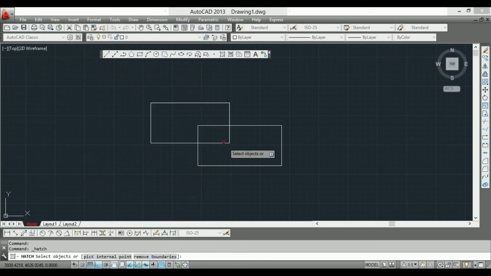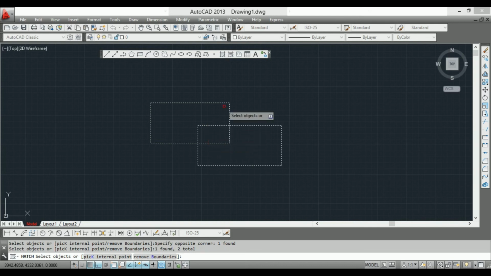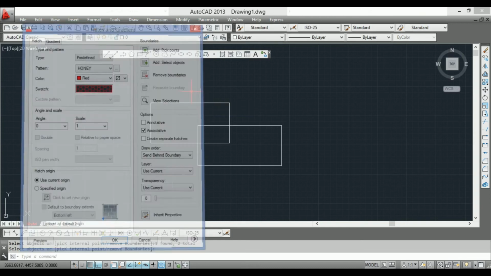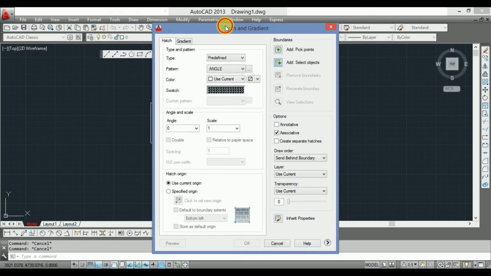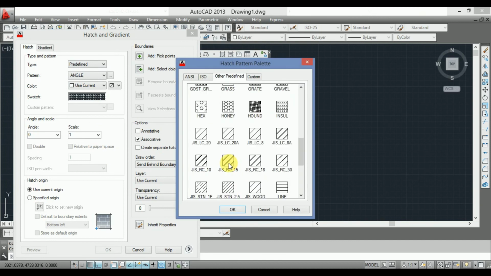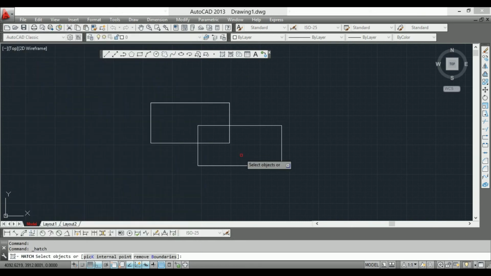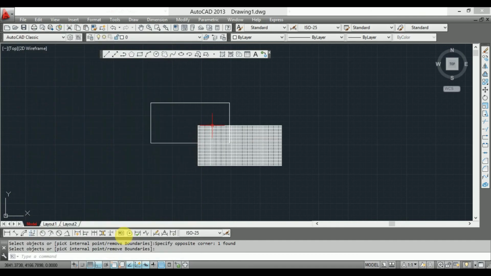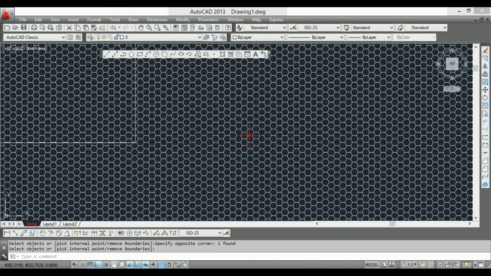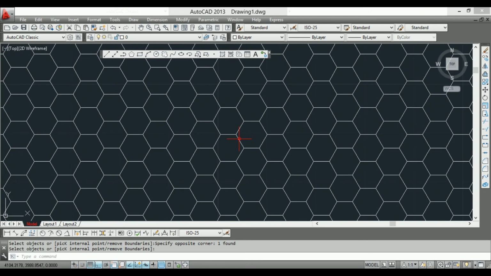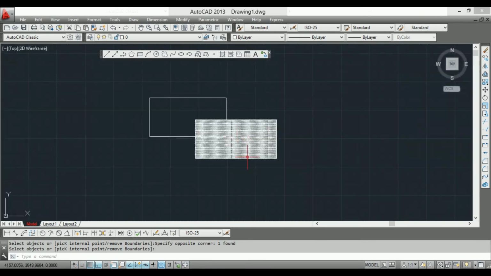Like I have selected the object, and again I will choose honey. You can see this is honey. If you zoom out and zoom in, this is the honey type of hatch.